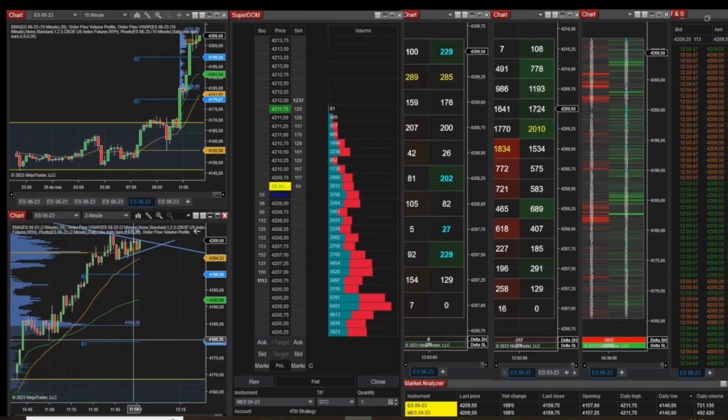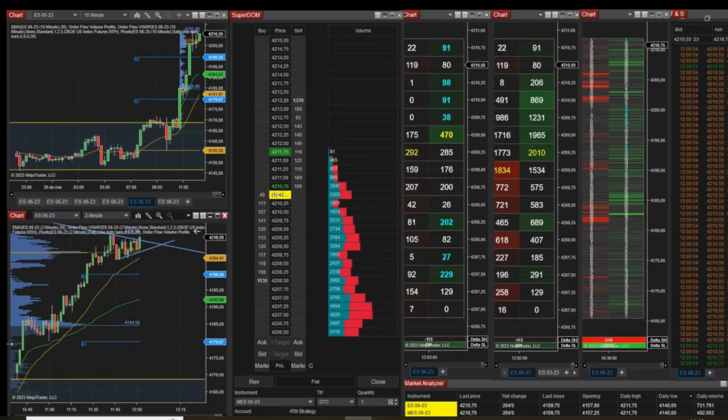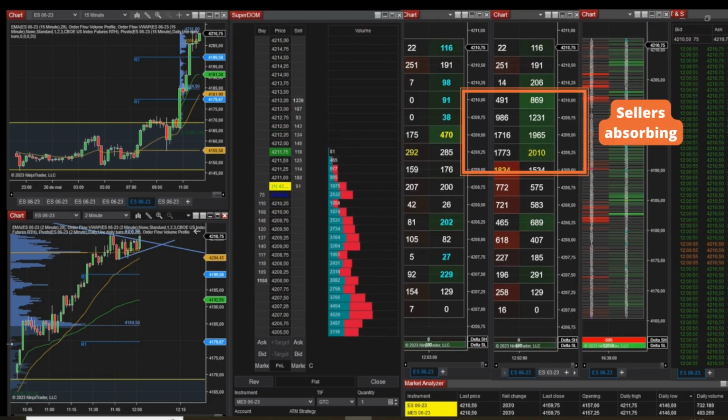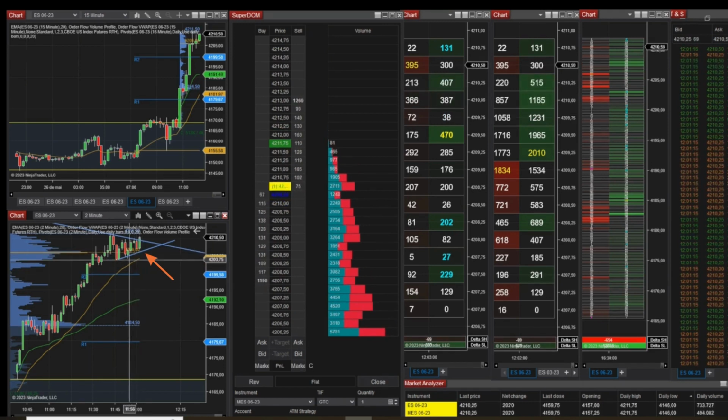Okay, if you see, we were not reaching there. There was lots of absorption here in 925, 950. This time it reached again, but knowing chart patterns, I understood that fading this breakout in this triangle up there could lead to a breakout in the opposite direction. Okay, so I started carefully looking here